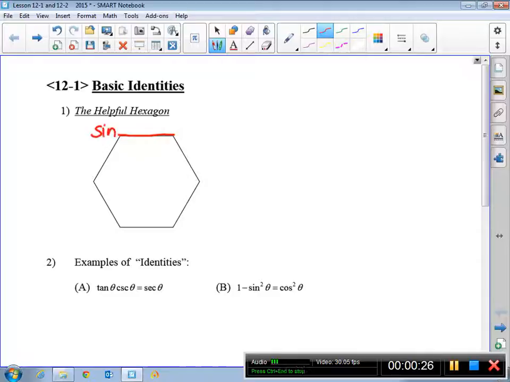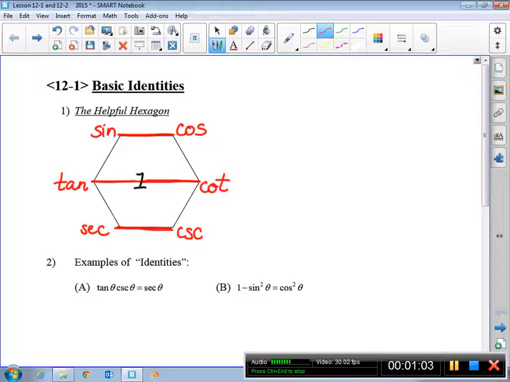Sine, and its co-function across from it, cosine. On the next level, tangent, and its co-function across from it, cotangent. And on the third level, the bottom, secant and cosecant. In the middle, we're going to put a big number 1. Okay. And as you saw me writing them, sine, cosine, tangent, cotangent, secant, cosecant, we realize one of the things that